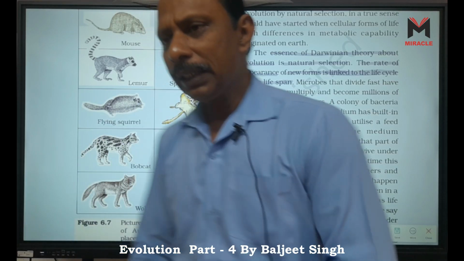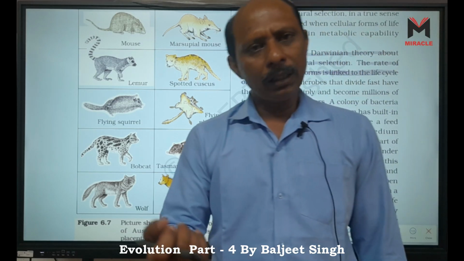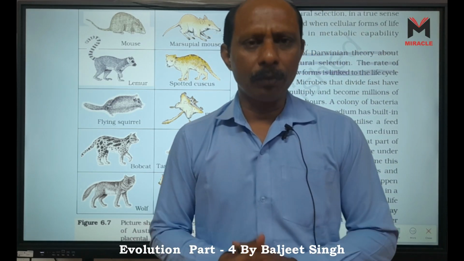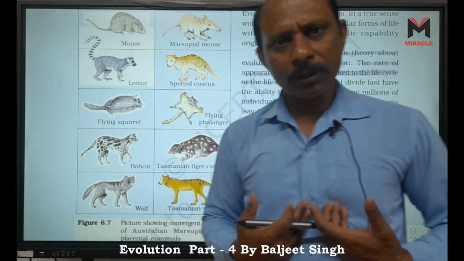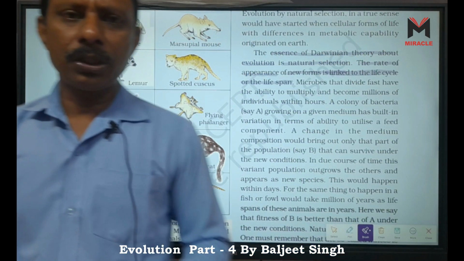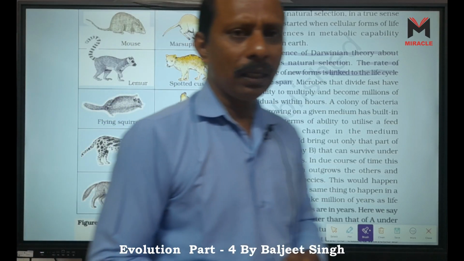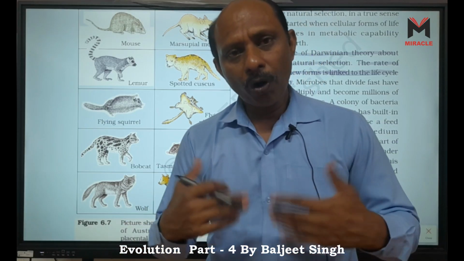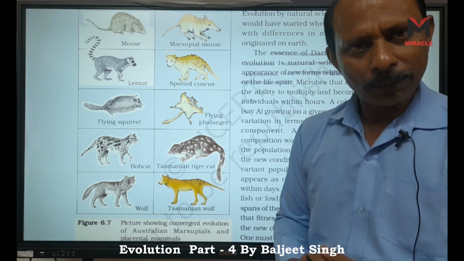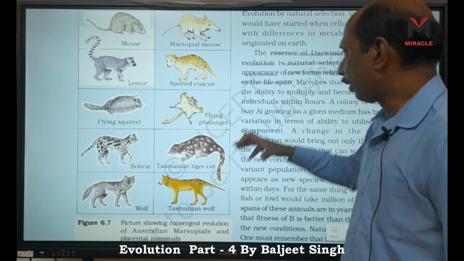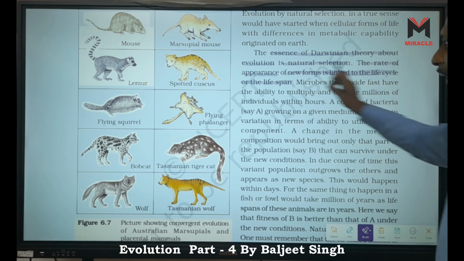What is the lifespan? It is also explained here, because bacterial life is very short. For example, when we consider E. coli, Escherichia coli, its lifespan is only 20 minutes. In 20 minutes it replicates and offspring will come. But when we consider ourselves, our average lifespan is maybe 55 or 60 years. So if you consider 60 years, then the lifespan is more. New offspring will come after 20 years, as given here. The rate of appearance of new forms, new offspring, is linked to the life cycle or the lifespan.